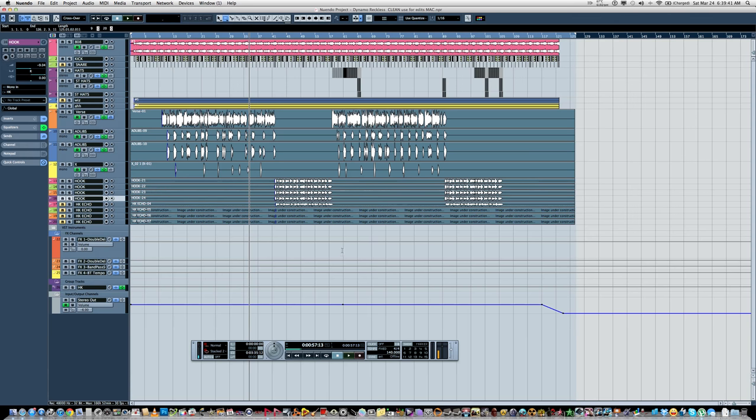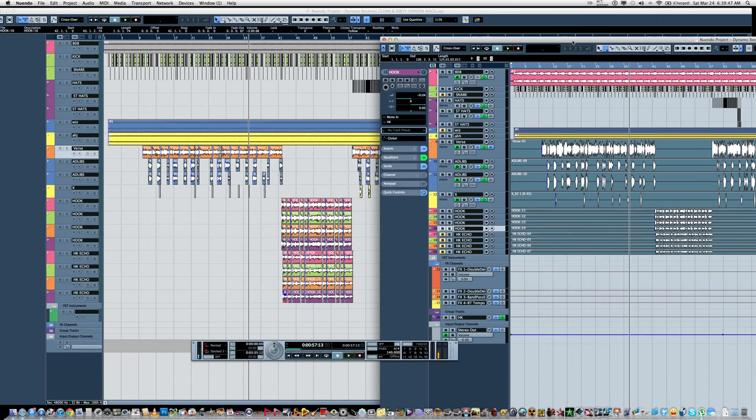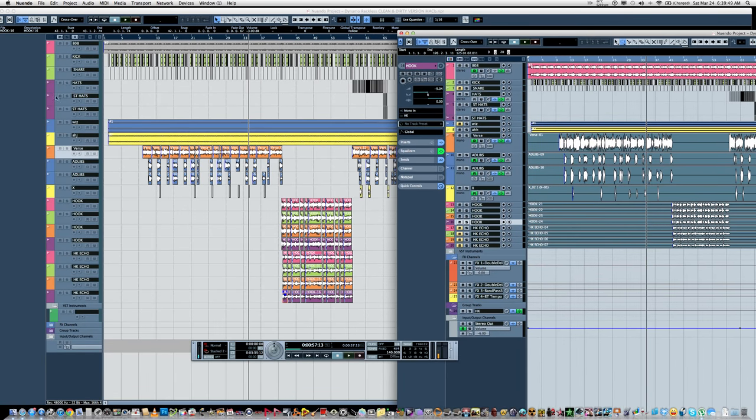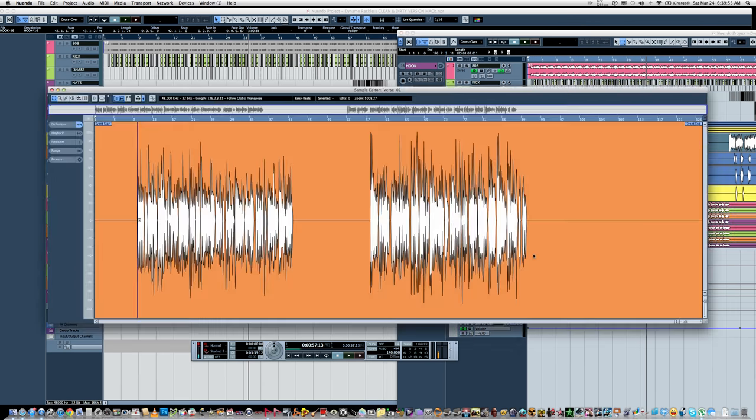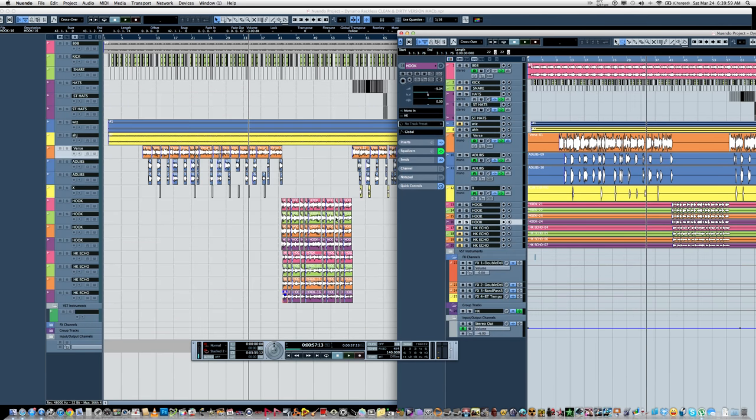Now what happens is you have all these waveforms here, and then essentially what we do here is we just scoot this over here since we have this in the background. And then now what we can do is we can take these tracks here. Oops, I didn't want to go to an editor. Now what happens is we can take these tracks here, these parts, they're all selected. As you can see, they're all selected. And we can basically just drag all of these over here to this window.